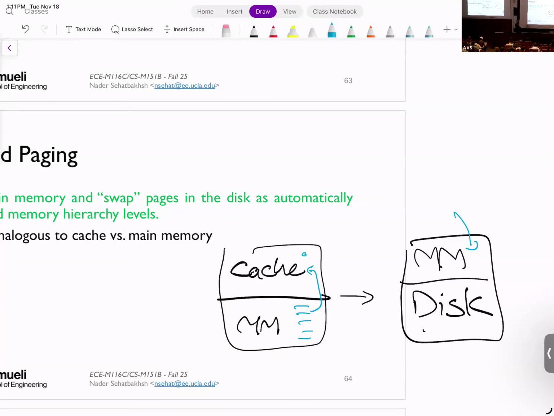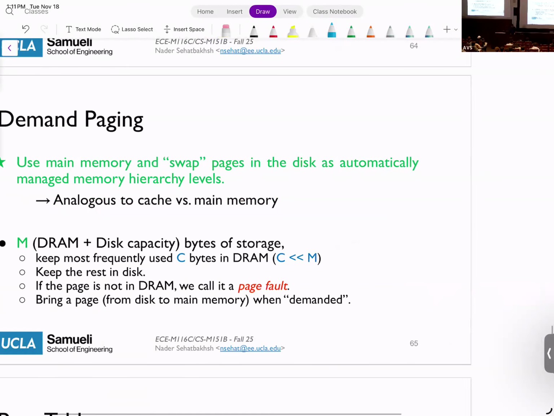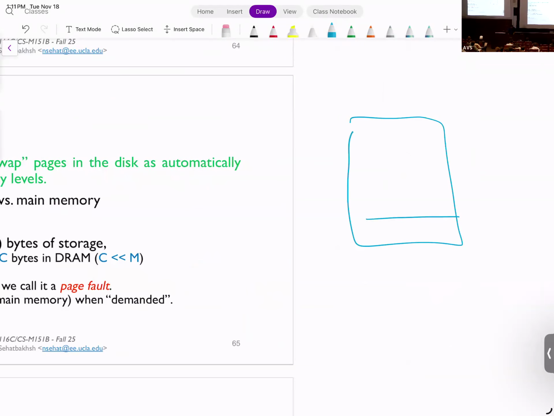So as I said, for example, if you have 2 to the power of 20, you have 2 to the power of 20 entries. But if you have limited physical address storage, you store hopefully most of the pages in the main memory, but the spills, the extra pages that you cannot fit in here, are all in the disk. Okay? So essentially what will happen is that if I need new pages, I swap them with the existing pages in my main memory. So my main memory has a list of pages already.